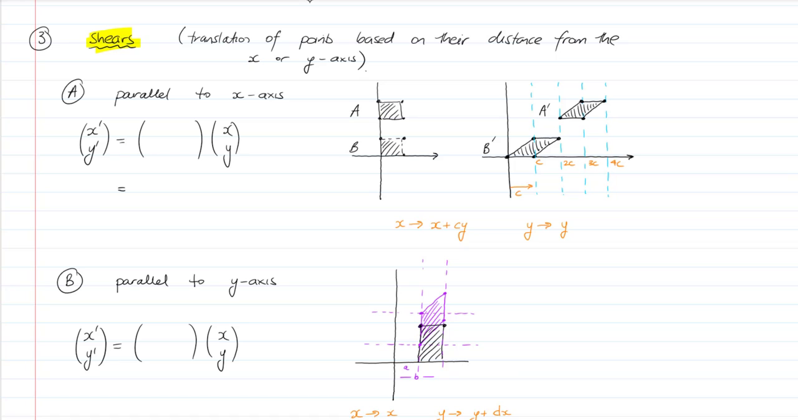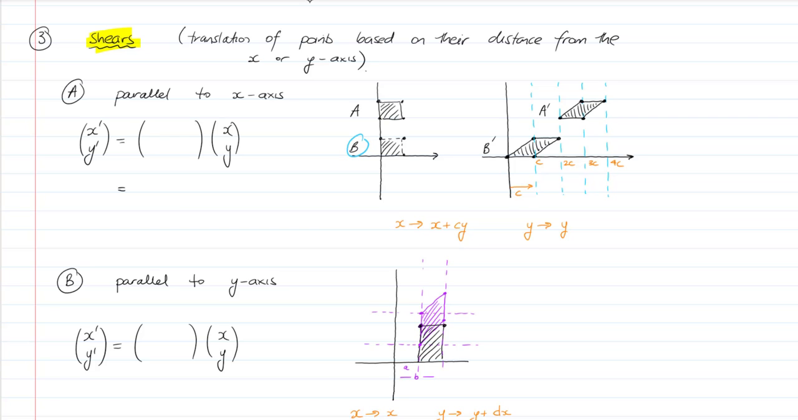Shears are an interesting one. This is where we get a chance to mix up our x and y a little bit more. So shear is a translation of points based on their distance from the x or y axis. So I've got a couple of examples here. It might not look like it, but I've got A and I've got B, but operating under the same shear. So the shear is taking, we'll start with B. The shear is taking B and it is moving every point along the x-axis based on how far it is